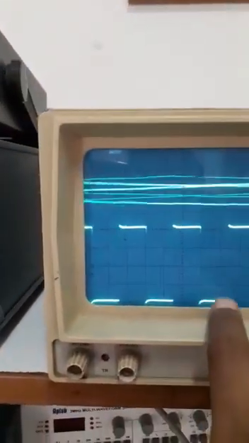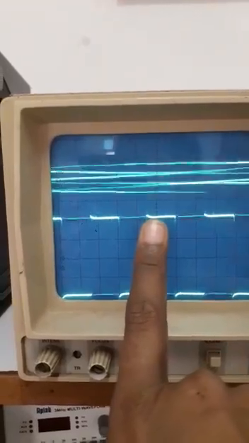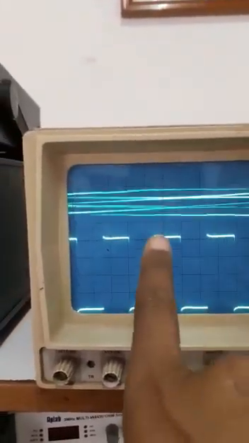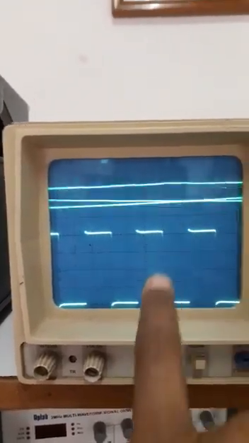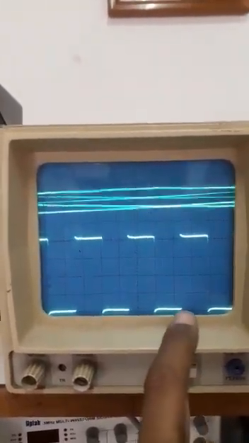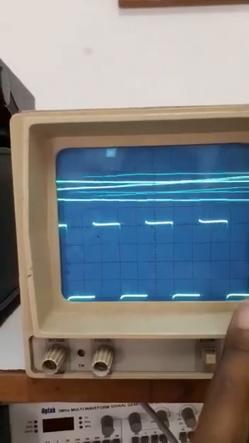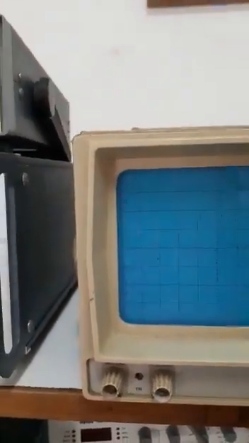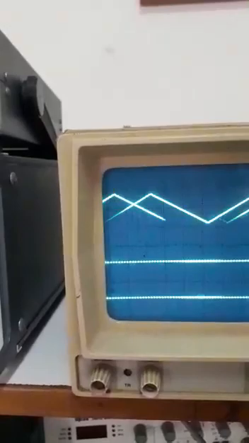What happens is whenever it is 0, message 0 will be selected. Whenever it is 1, message 1 will be selected. Like that, for alternate time periods, for this much time period message 1 will be selected, for this much time period message 0, then again message 1 and message 0. That is how it is going to be multiplexed. So now I will show you the multiplexed output.